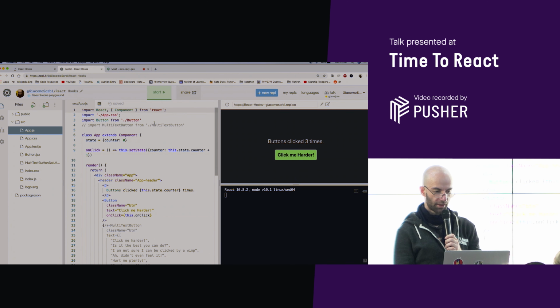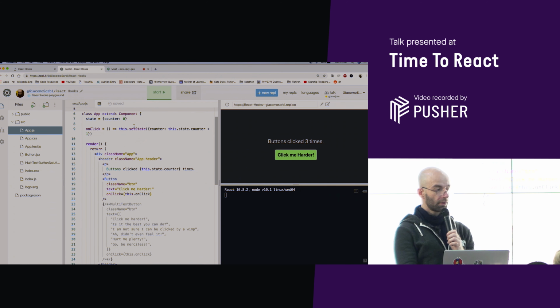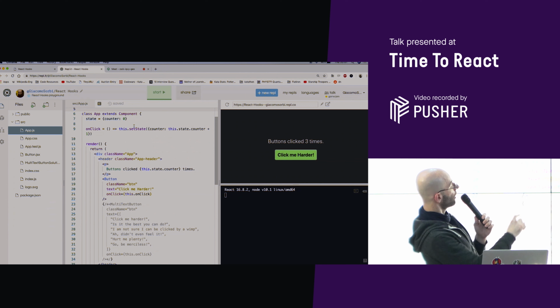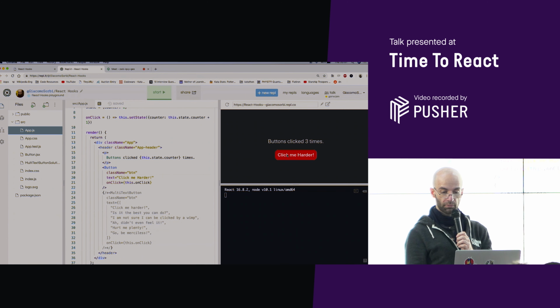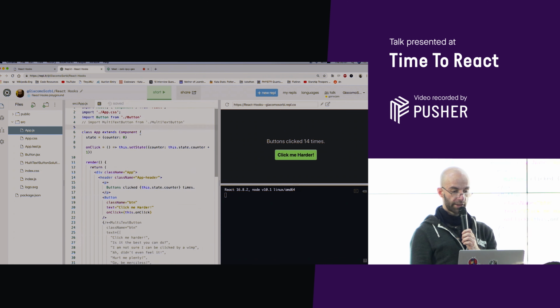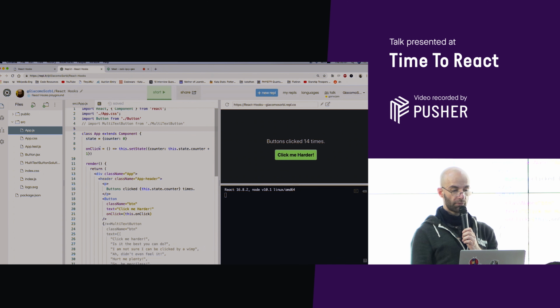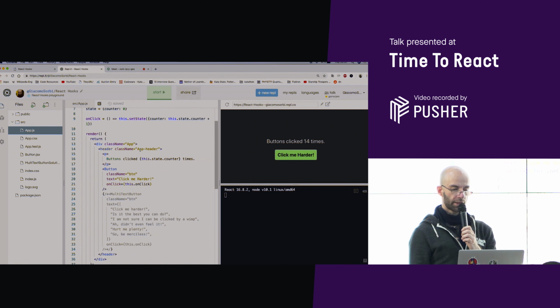So let's see our very simple component. I did this example. Our app using REPL is readable, big enough, I hope. So what happens? Basically, when I click, it just increases the counter. I declare a state, there is only a counter variable. This is my onclick, which increases counter by 1 every time, and that's about it. As easy as that.